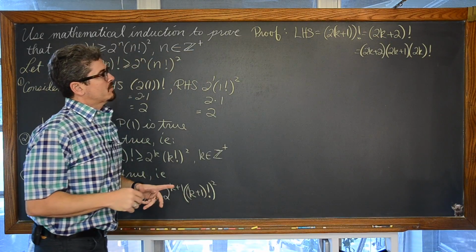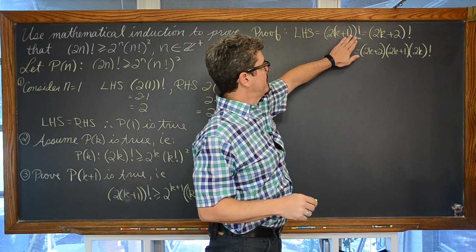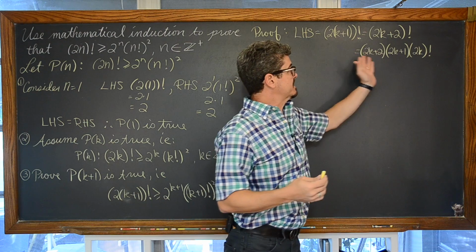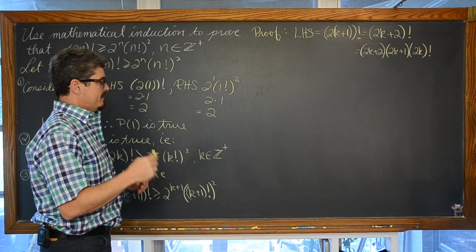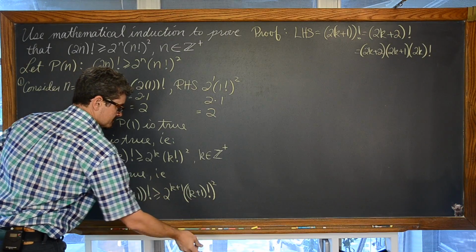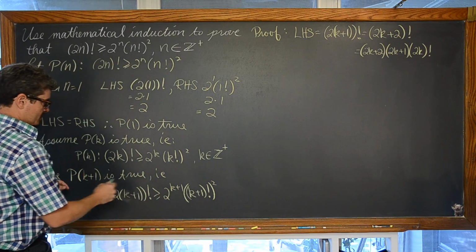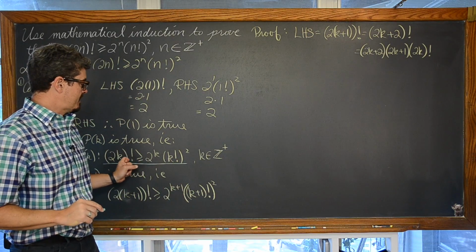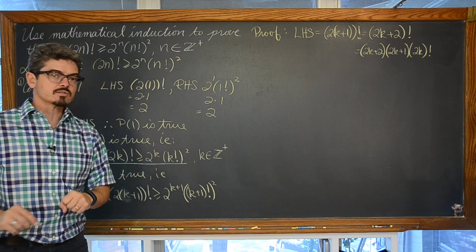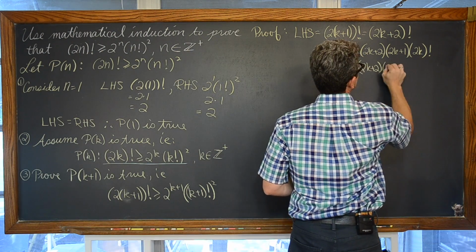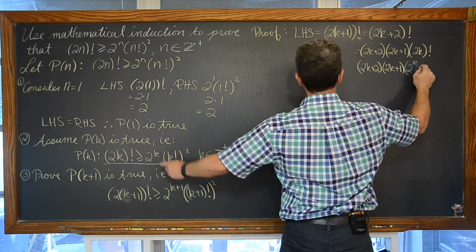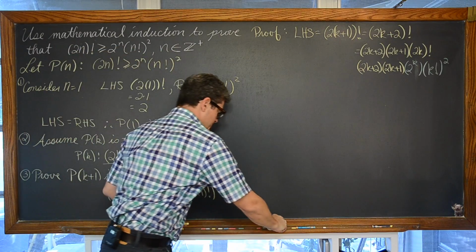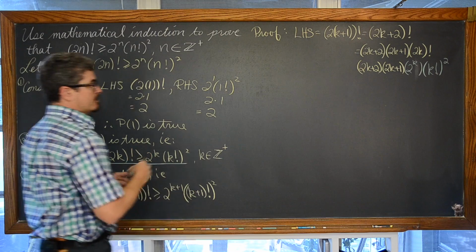Awesome. Okay, so 2 times k plus 1 factorial is equal to this. I just simply distributed it to 2. Is equal to this. I just simply expanded a little bit of that factorial notation. Now we're going to bring in this information. So just to make sure this is clear, I'll use green. I hope it shows up on the camera. I'm going to replace 2k factorial with 2k times k factorial squared. Now if I do that, that's going to do a couple of things. I've just done that by assumption.